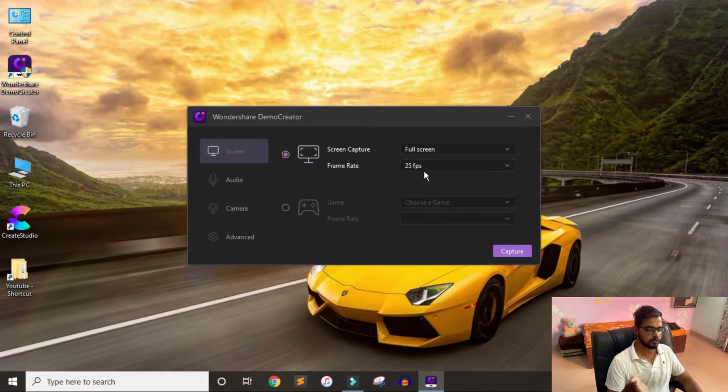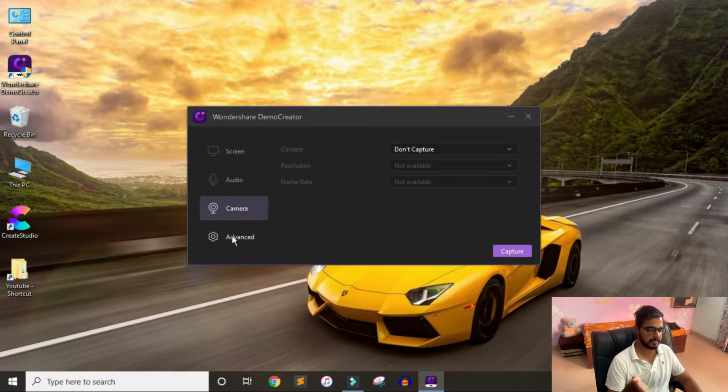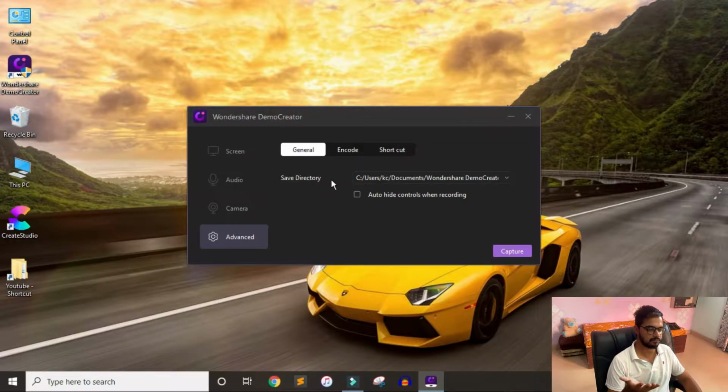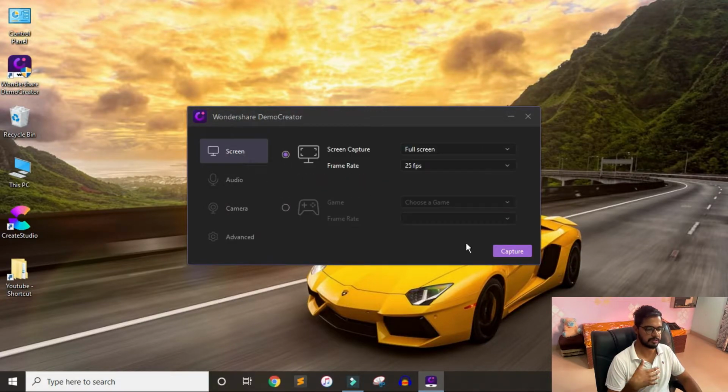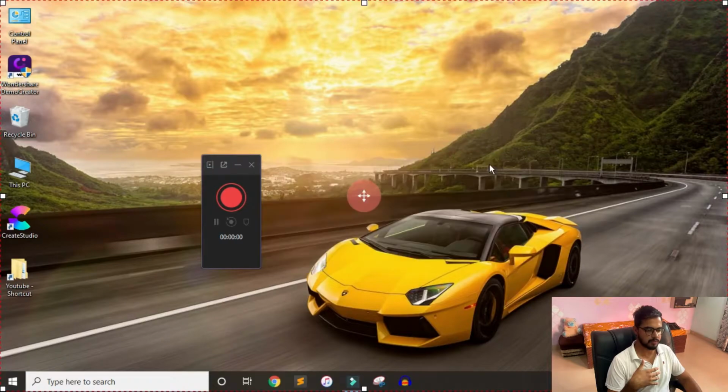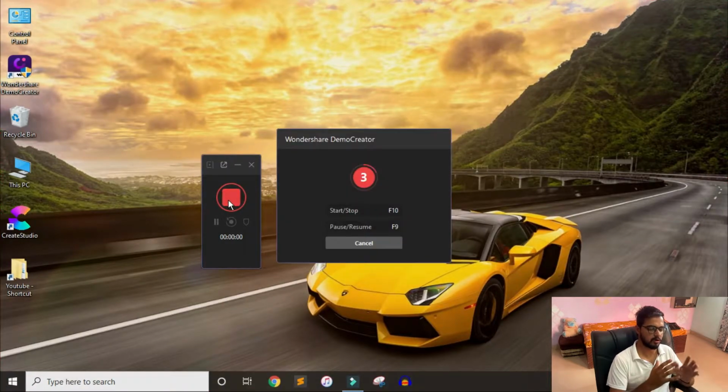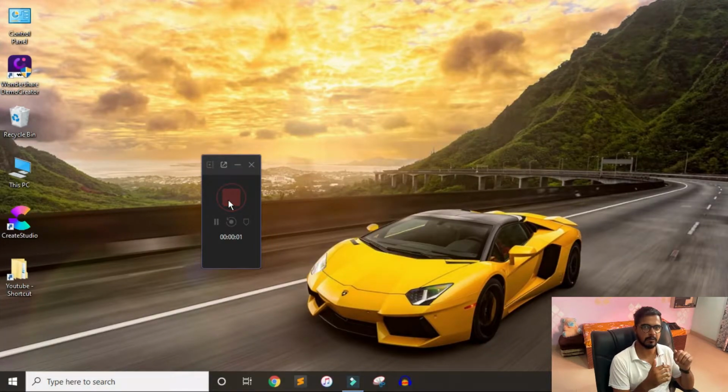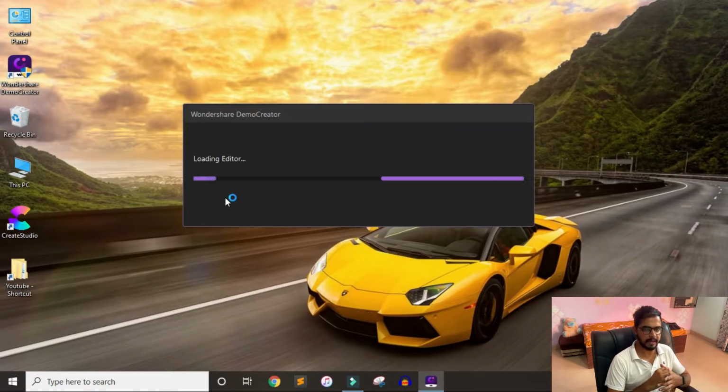Here you can control the frame rate. Do you want to record a game, audio settings, camera, or where you want your save directory, encoding, and some other things. Let's go back, and this will shrink it, so record a little audio. And by the way, if you want to know about its price and system requirements, the link is available in the description. So anyway, because we are just creating a demo video, I think that is enough for the recording. I will press this red button to stop the recording, and it will take me to the editor.